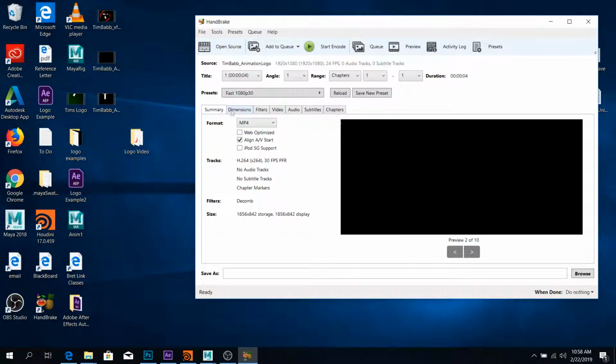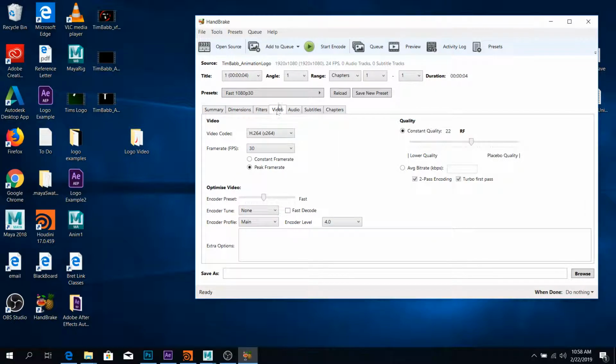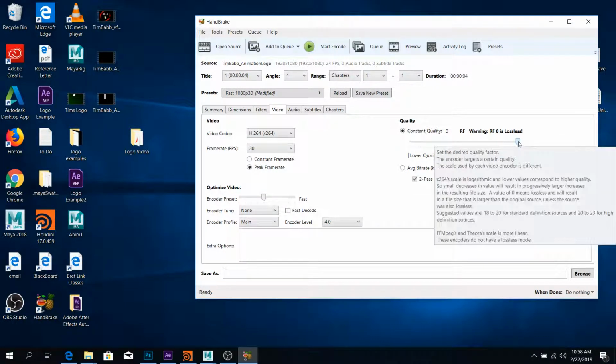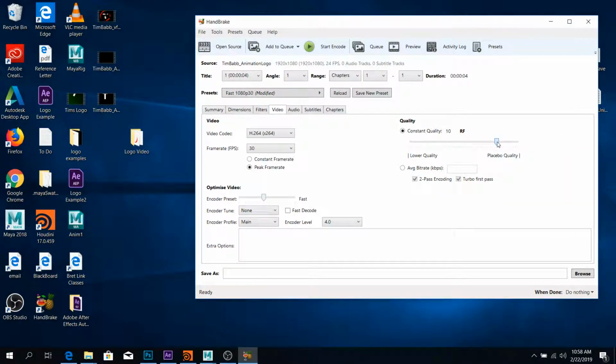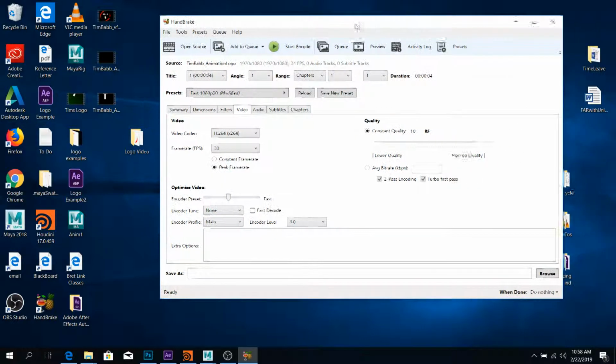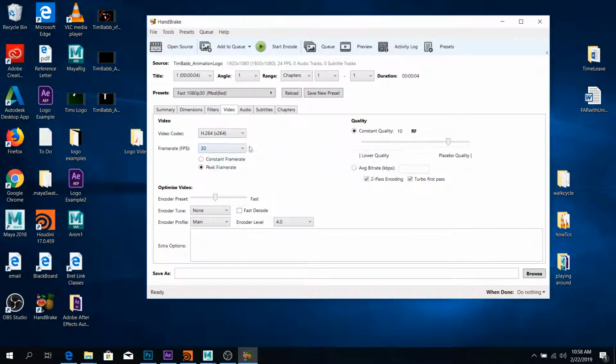The only thing I'm going to change is I'm going to come over to video. I'm going to click on that, and I'm just going to take this slider over to where this becomes 10 or somewhere around there. You don't want to bring it all the way here because then you get lossless and you get big video again. But 10 will drastically reduce your file size, but will keep some decent quality. Frame rates per second, so I did that at 24, so we could change that to 24. But that should be okay